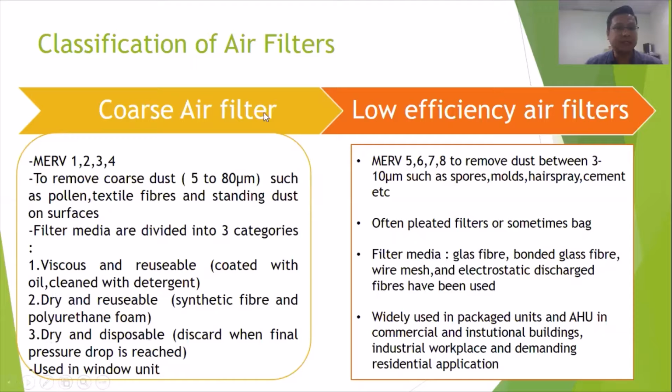So based on this size, the air filter quality is very low. We go to a higher air filter quality, which we call the low efficiency air filter, with MERV from 5 until 8. Its function in this size is to remove dust between 3 and 10 micrometers, such as spores, mold, hairspray,